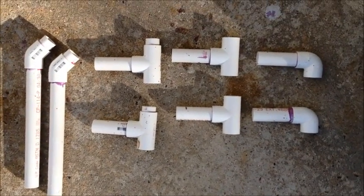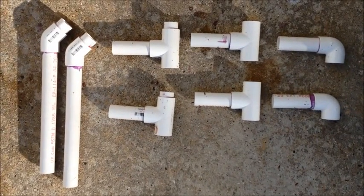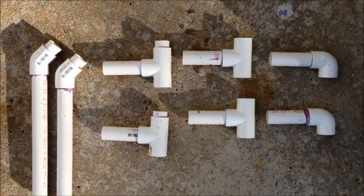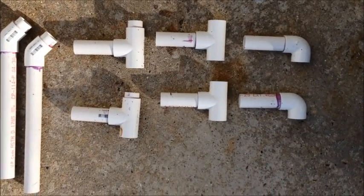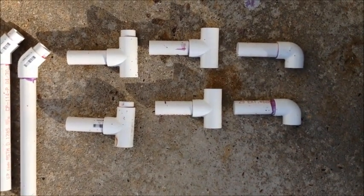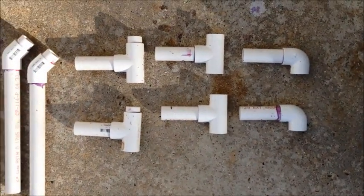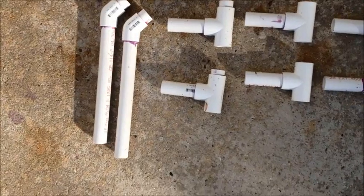And then we have, these are actually going to be the feet. So you put 2 of them in the T with the little nub, and then 2 of them in another T. These are the 3.5-inch pieces. And then the last ones go in the 90-degree elbow. So these are the parts you make